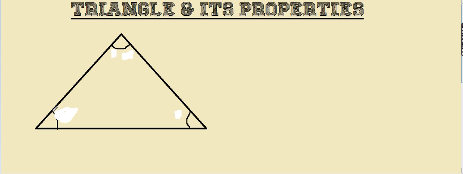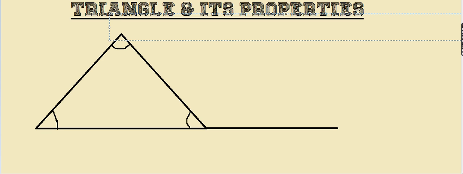Just look on the screen, be focused, keep your mind cool, do not get tensed looking at the figure. This is very simple. Now suppose this is a triangle, I have to extend this baseline. Let me write the alphabets on the vertices. Vertices means the pointed area that you see when two lines meet. When two lines meet, the meeting point is called the vertex.